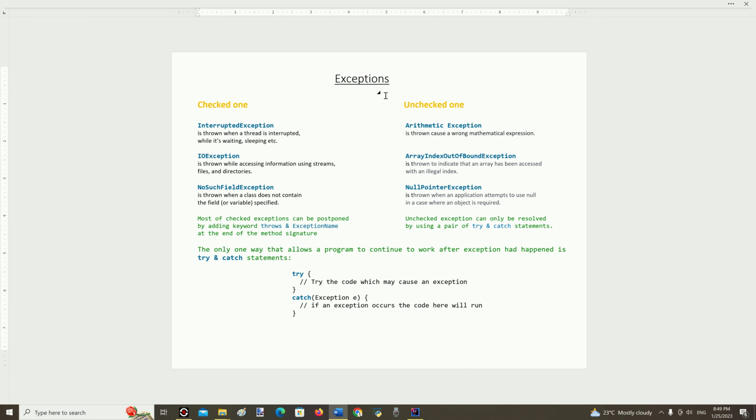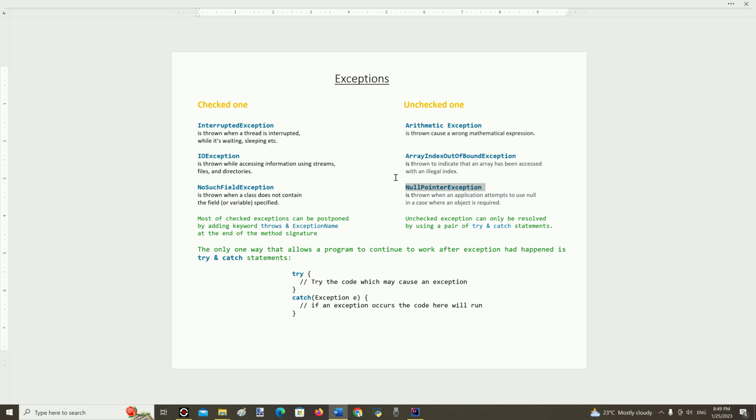Unchecked exceptions are those that cannot be recognized as a possible error at compile time, and they prevent a program from working after the program starts and reaches the line where the unchecked exception occurred. Because of that, they are named runtime exceptions. It can be an arithmetic exception, like when dividing by 0, or an array index out of bounds exception can happen if an index is either negative or greater than or equal to the size of the array.